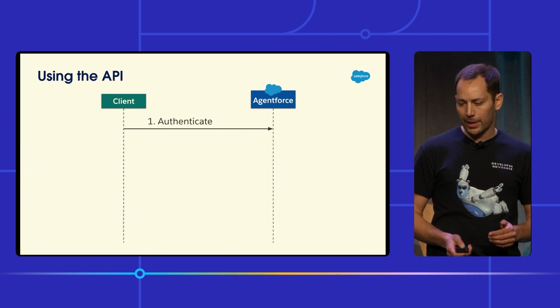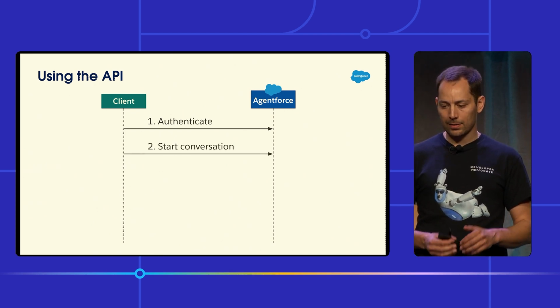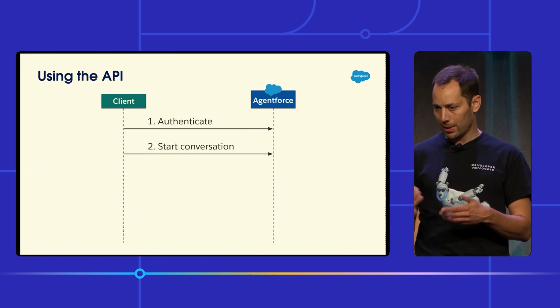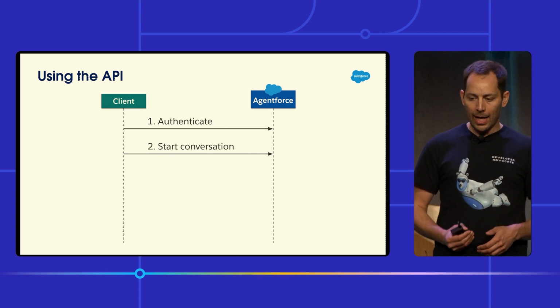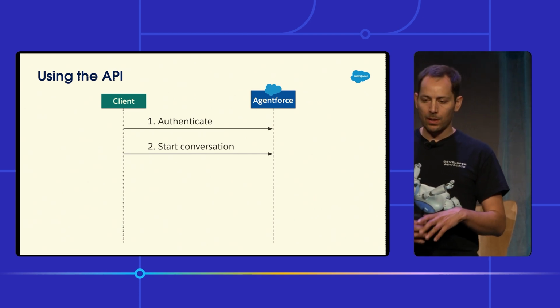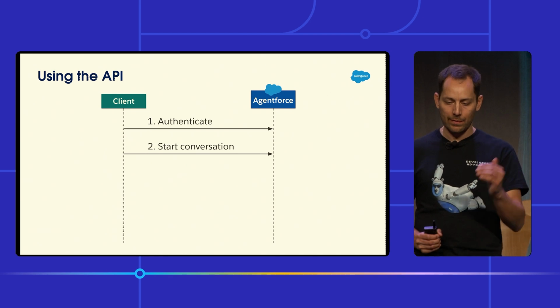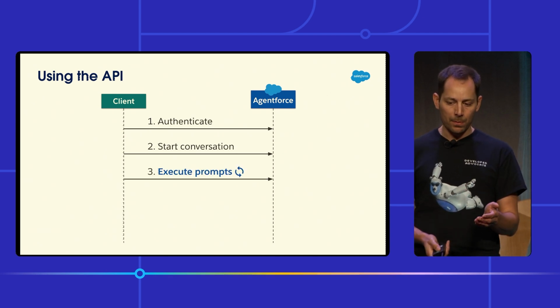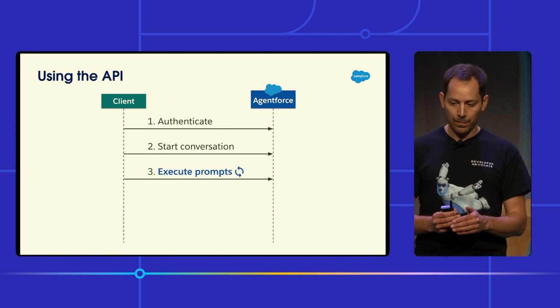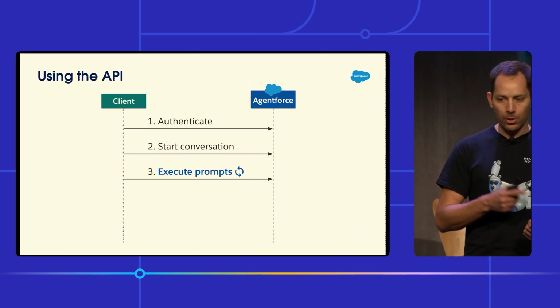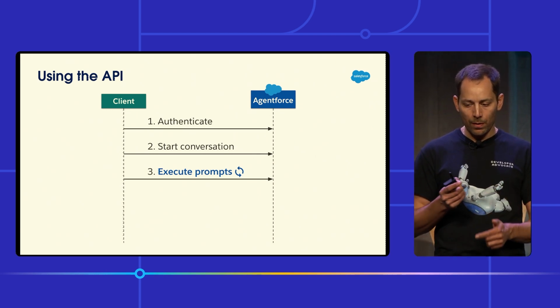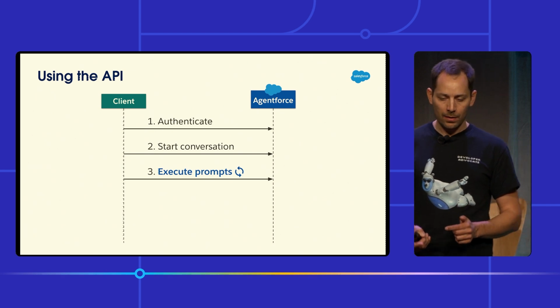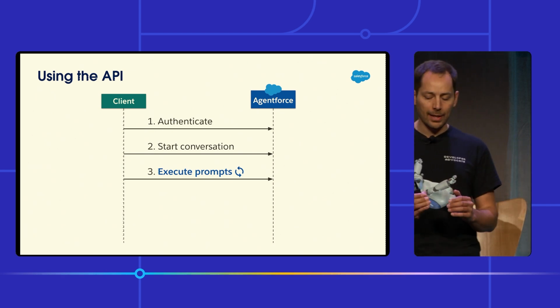Once you've set up authentication, you start the context, and you actually start a conversation, pretty much like if you were opening a chat. Every exchange you have with an agent will be in the context of a conversation. You start the conversation, you do a number of prompts, and then you close the conversation. Now, you can do a single prompt or you can do multiple prompts. If you run more than one prompt within the conversation, the agent remembers the context of the conversation.